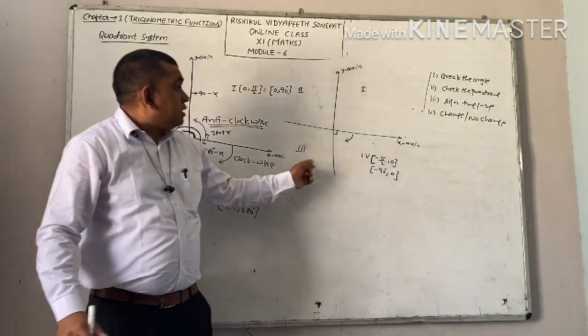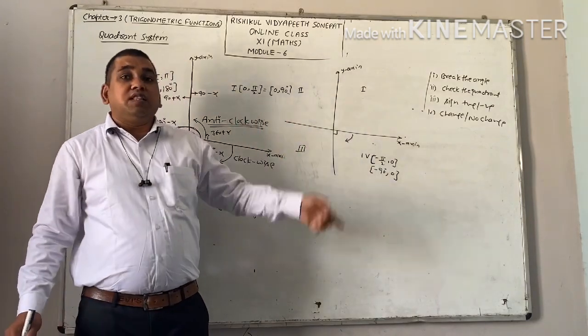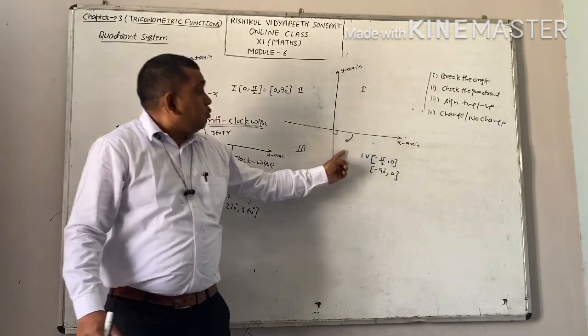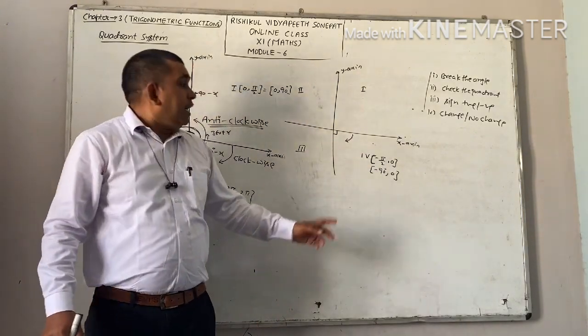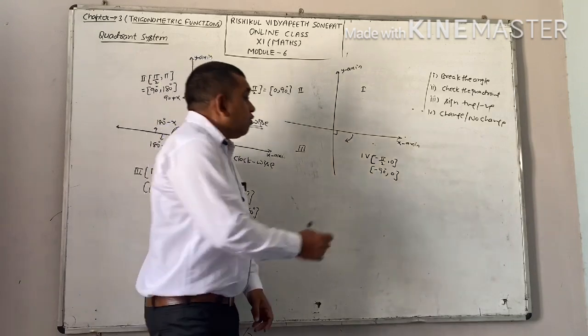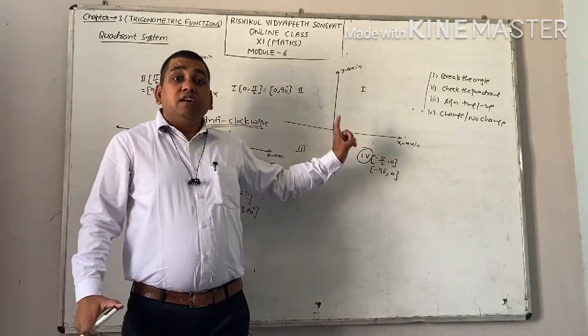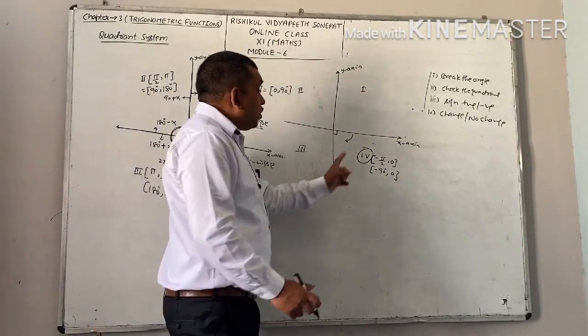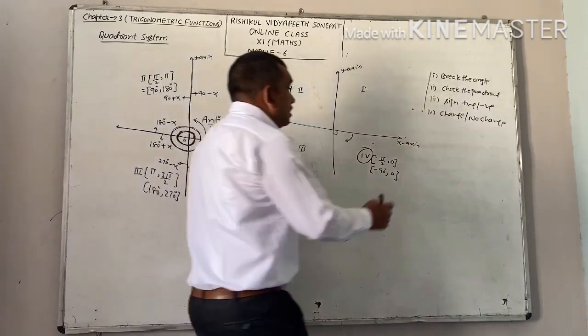No need to remember the system in clockwise direction. Just remember only one thing. If you are moving in clockwise direction, then your angle will be negative and you have to start from the fourth quadrant. We will start from which quadrant? Fourth quadrant. And in the fourth quadrant we know that only cos and secant are positive.